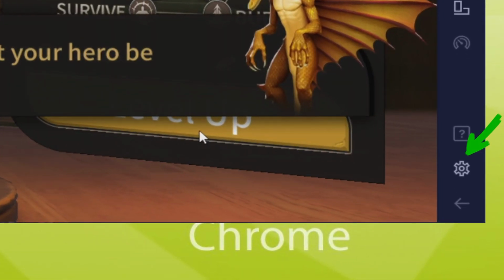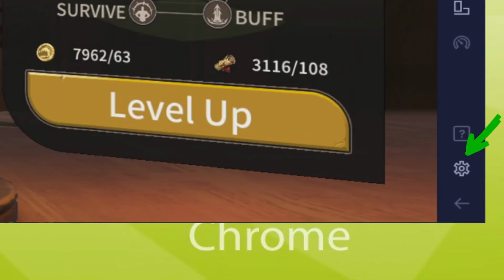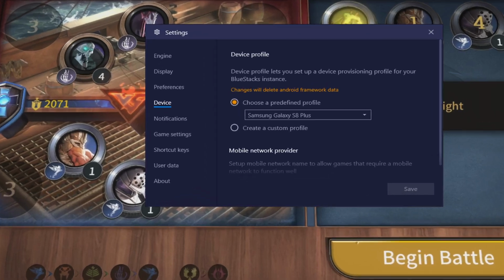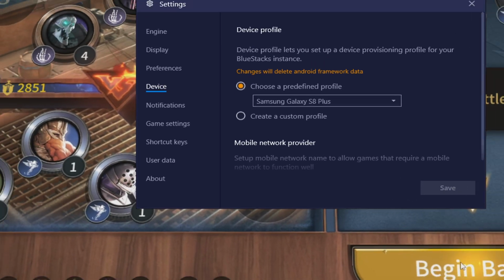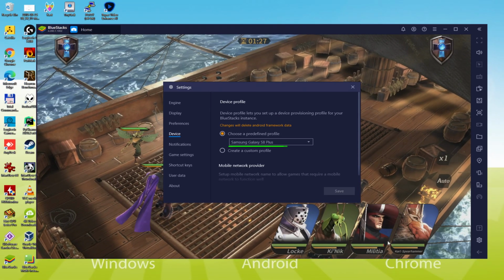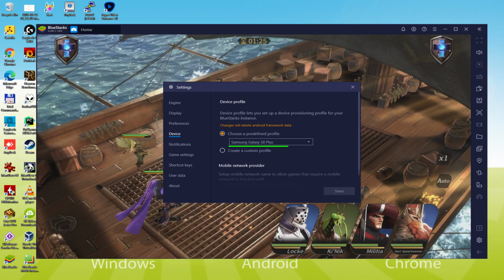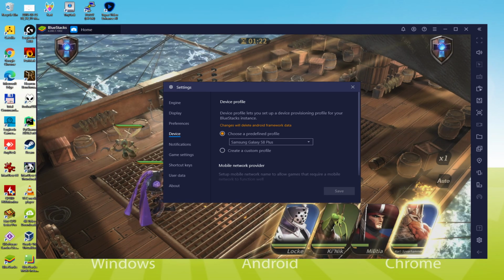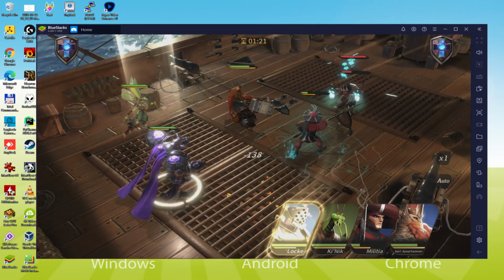And in order to identify which device is being emulated, we come back here, to the cogwheel, and we click on it. Be sure to browse here to the model option. And now we see that the emulator is simulating a Samsung phone. And so we're going to receive an email saying that a new Samsung device has been connected to our Google account.